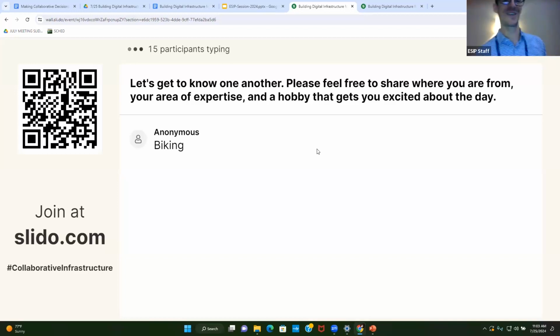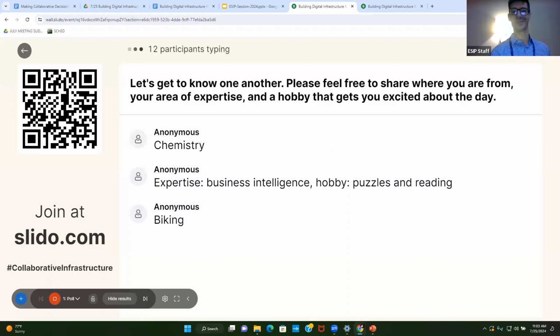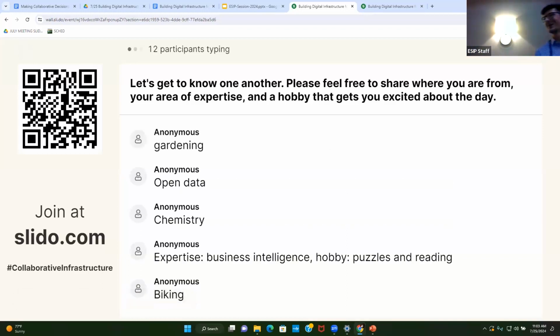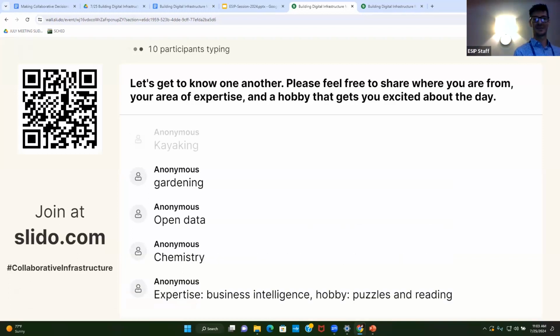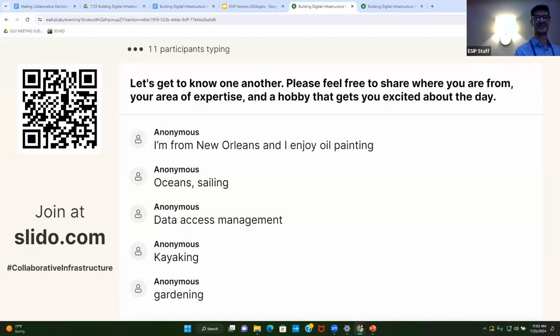Oh, and awesome, we've got a biking person. Nice, business intelligence, chemistry, really awesome. Brendan, do you want to share just quickly? Yeah, I'm a hiker. Mountain climbing. More peaks to go in New Hampshire, the 4,000 footers group, so sweet. Time to get those done soon. Nice. Oil painting from New Orleans. I think I know who that is, so that's awesome.